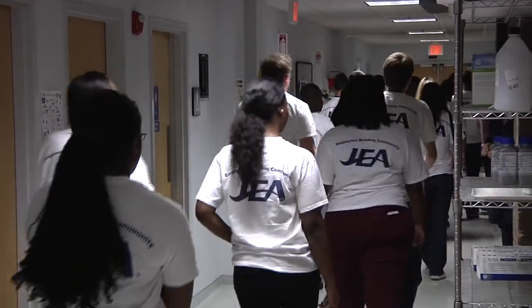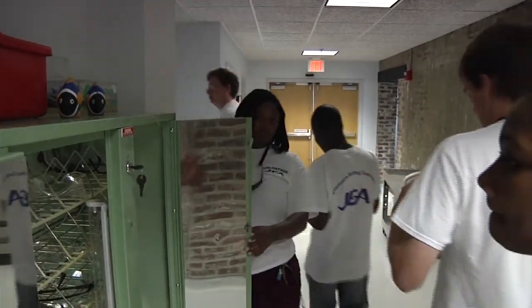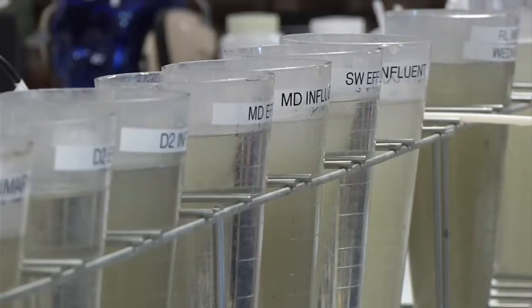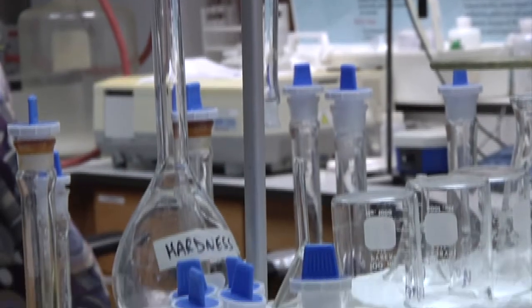In early July, we toured the Main Street Water Lab in Springfield where scientists test water samples. Linda Hunn is a coastal biology major at the University of North Florida. Her co-op job is to put together water sample kits at the Main Street Lab for biologists to take into the field when they test JEA's drinking water. We drink it on a daily basis, and I didn't know half of the things they're talking to me about, and I can't wait to go back to the lab and get to do all those experiments. So I'm going to be able to hopefully take that knowledge, and it'll benefit me in my academics